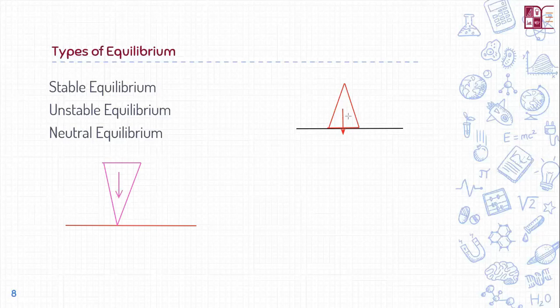It's very much closer to the base in stable equilibrium, but it's very high in the unstable equilibrium. And when the center of gravity falls, when you topple the object, it continues to fall further,